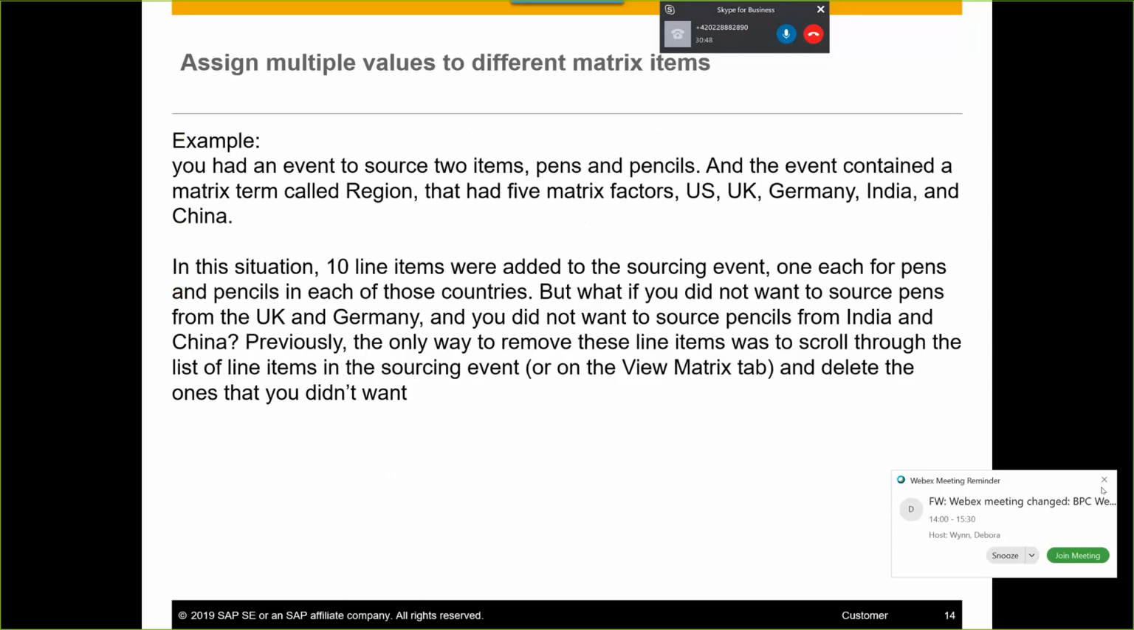We have an example here. You had an event to source 2 items, pens and pencils, and the event contained a matrix term called region that had 5 matrix vectors: US, UK, Germany, India, and China. In this situation, 10 line items were added to the sourcing event, 1 each for pens, pencils in each of those countries. But what if you did not want to source pens from the UK and Germany, and you did not want to source pencils from India and China? Previously, the only way to remove these items was to scroll through the list of the items in the sourcing event and delete the ones that you didn't want. So now we have